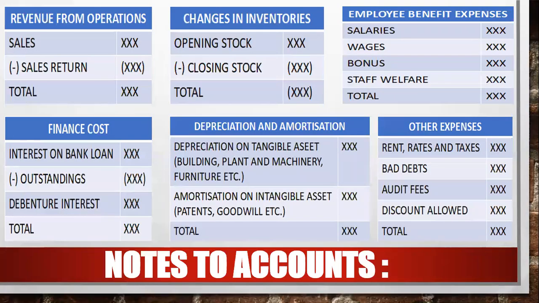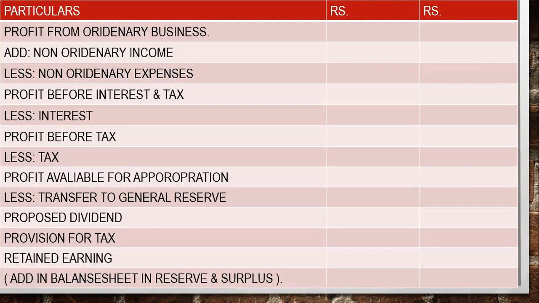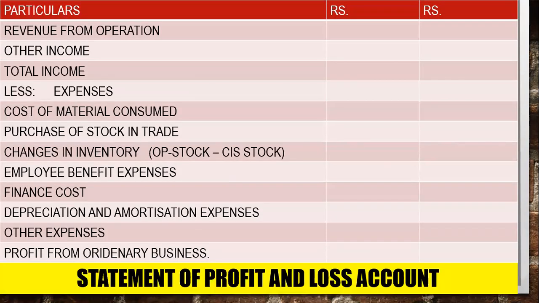Okay, so these are the notes to accounts. As I told you, you have to make notes to accounts for this. For revenue from operations there is no need to make notes to accounts because only sales are there. If you have sales and some returns, you have sold something and they have returned goods, so sales minus sales return, you can prepare a notes to accounts. If you have 2 or more other incomes, you can take them to the notes to accounts. For cost of material consumed, no need to prepare notes to accounts.